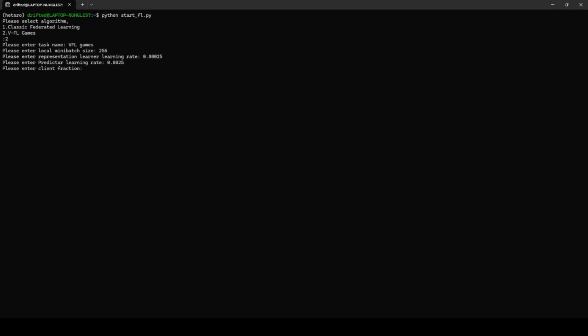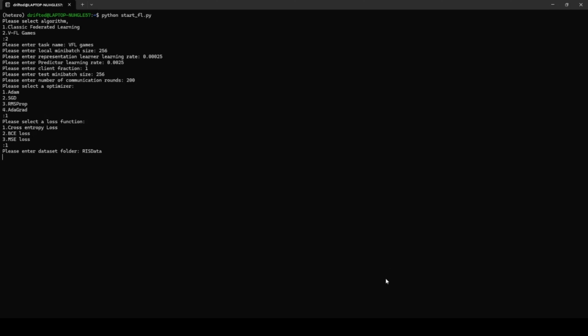Since we utilize all the clients for training, the client fraction is set as 1. Next, the test mini-batch size is set as 256. As the next parameter, the number of communication rounds is set to 200, same as the classic federated learning setup. In the next steps, Adam optimizer is selected as the optimizer, and cross-entropy loss is chosen as the loss function. Finally, the dataset folder name is given as the input, whereas the same dataset used for classic federated learning setup is used here. Then, the request is sent to the parameter server as a JSON payload with all the entered